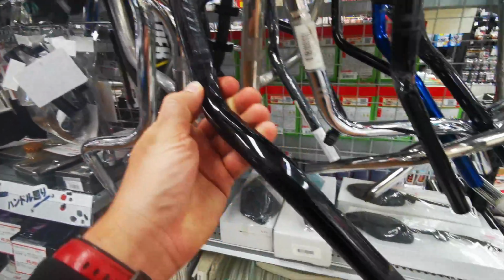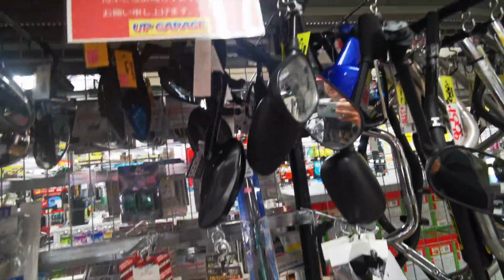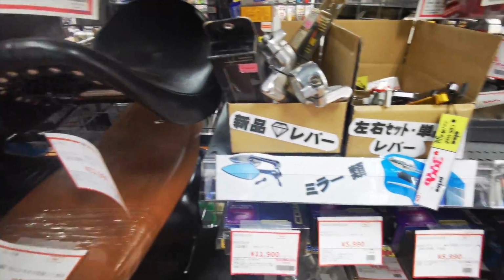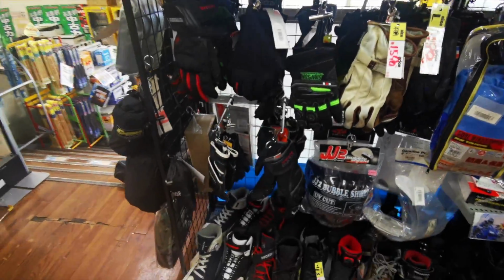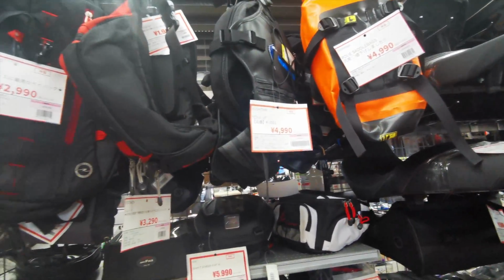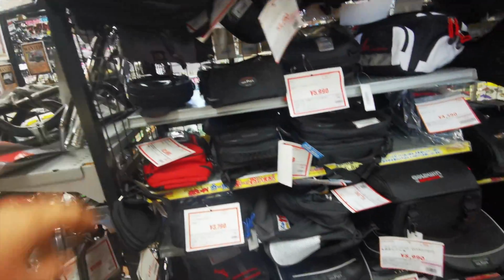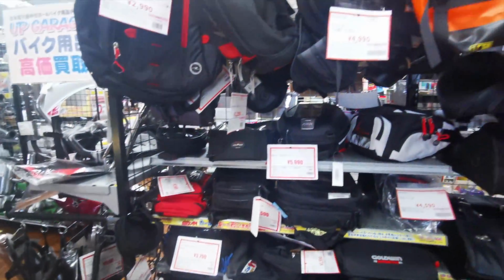On Upgarage we have BMX free riding, bicycle handles, scooter mirrors. Looks like the stuff is selling out fast. They are looking up for the new inventory. Interesting. Alright, so this is just the scooter stuff. Okay, not really necessary. Helmets, gloves, shoes. Used helmets, not sure about that. Some cool looking backpacks, if somebody wants a backpack. Not bad, but something more like Tom's or TRD or Nismo-ish. I think that would be a good find, but...